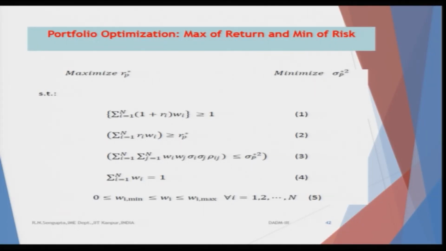Now, this part is the way you are going to formulate the quadratic programming, but remember there is a difference here. I could have minimized the actual portfolio variance. In that case it would have been suffix p without the star. The star means that I am predefining some value which the portfolio risk should not exceed, that means it has to be less than that, or you want to bring down the risk.